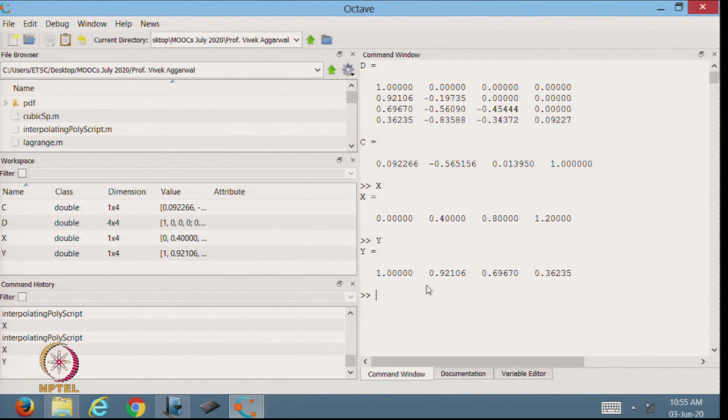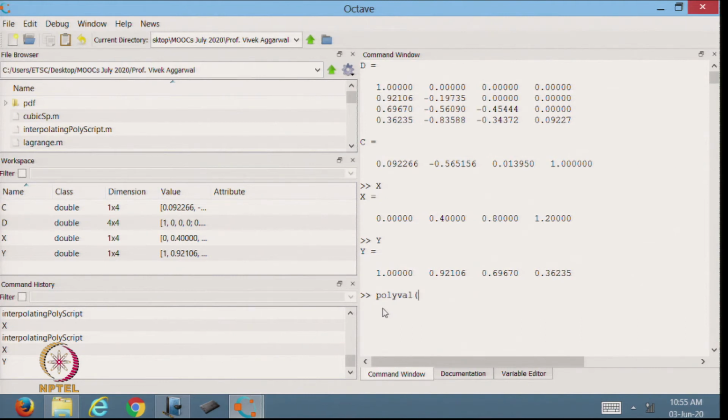Now suppose this is my Newton divided difference formula for the cubic. Suppose I want to approximate the value at any x in between this data. There is a command for this, so I will write polyval.